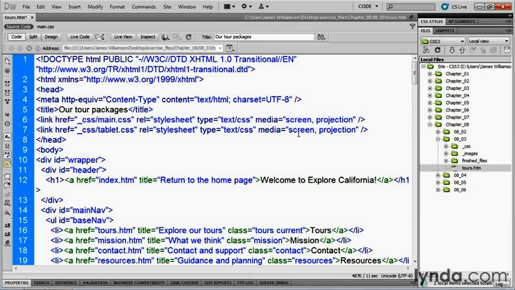Now later on, we're going to do some media queries. The reason that I would do this is because the order that these are coming in means that the tablet style sheet will, for the moment, overwrite the main styles when they conflict. That means that I